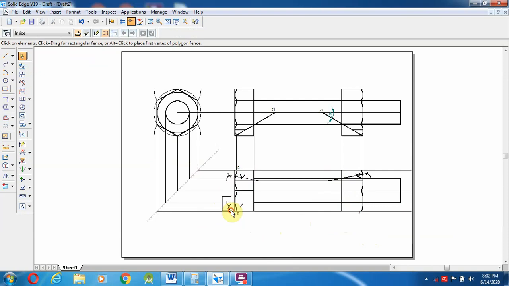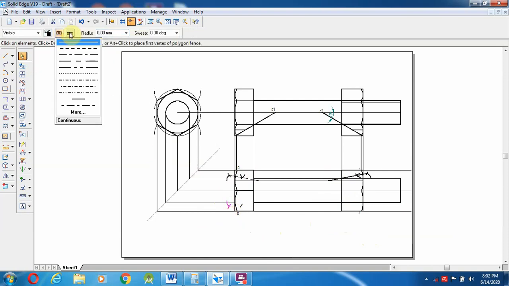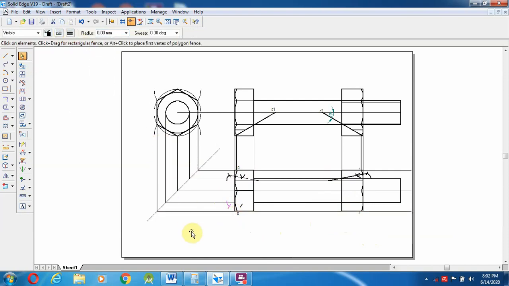Okay, so these lines, everything is 0.13 mm. 0.13 after changing, 0.13 mm. Okay, so after that I want to make one more thing, this is the thread.